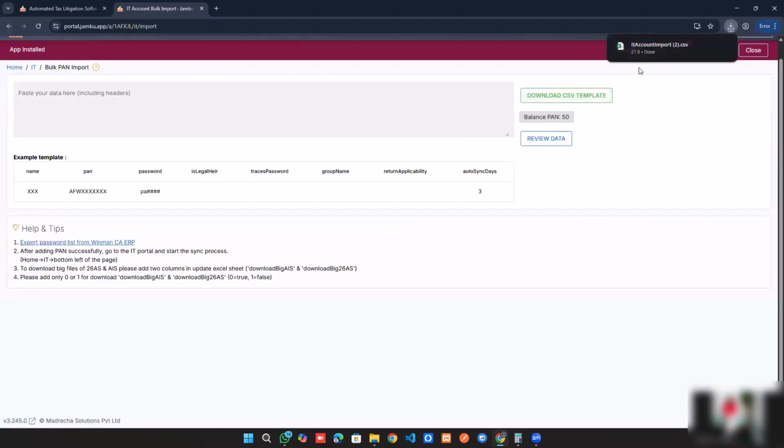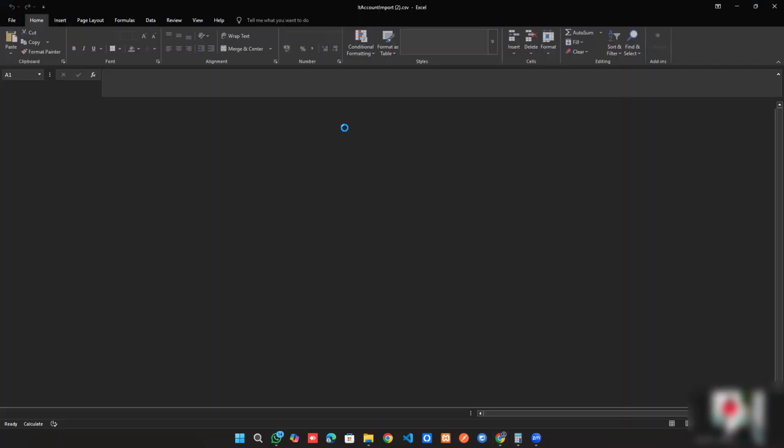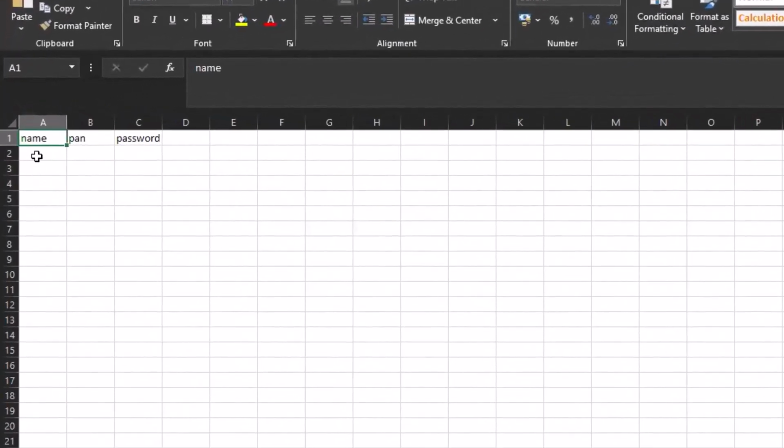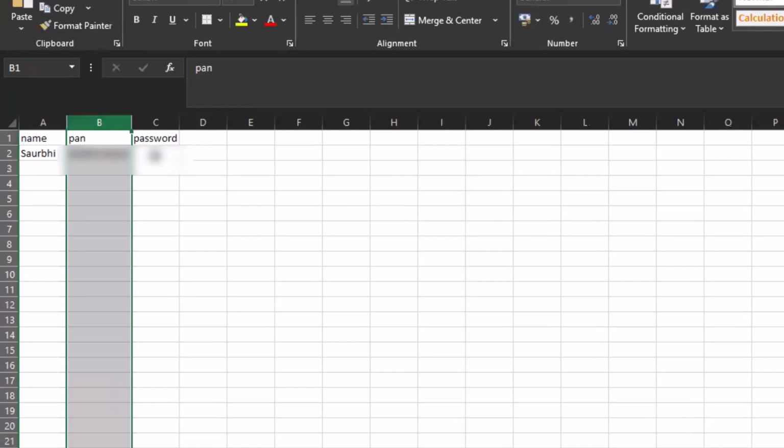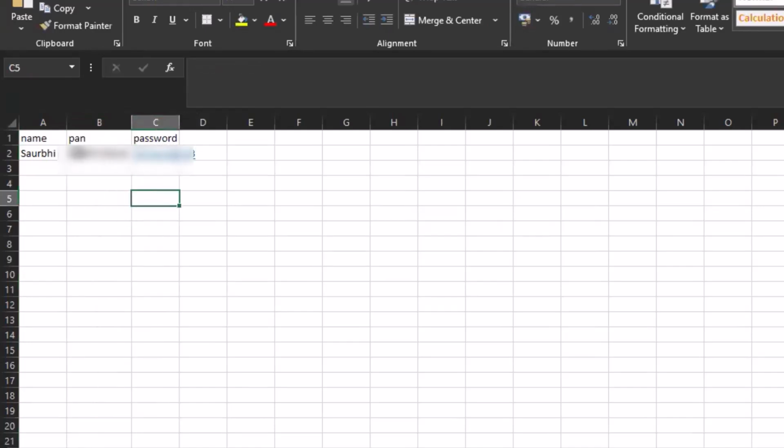Download the CSV template, and in this CSV template we have given the sequence. So first you need to type your name, PAN number and password. Right now I'm just adding one PAN number and password. The details I have added. Now I want to import this client. The whole Excel sheet we can't import, so instead of that, we are just copying the data,